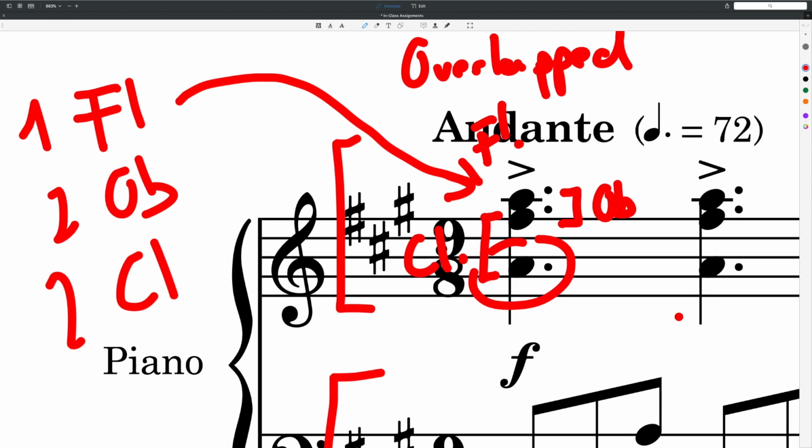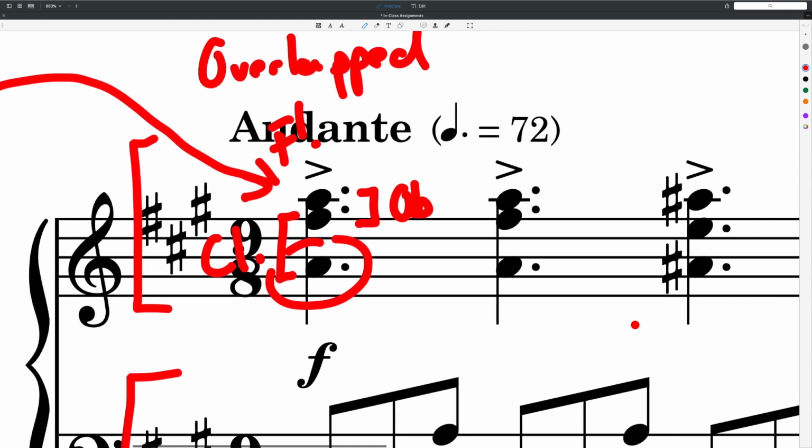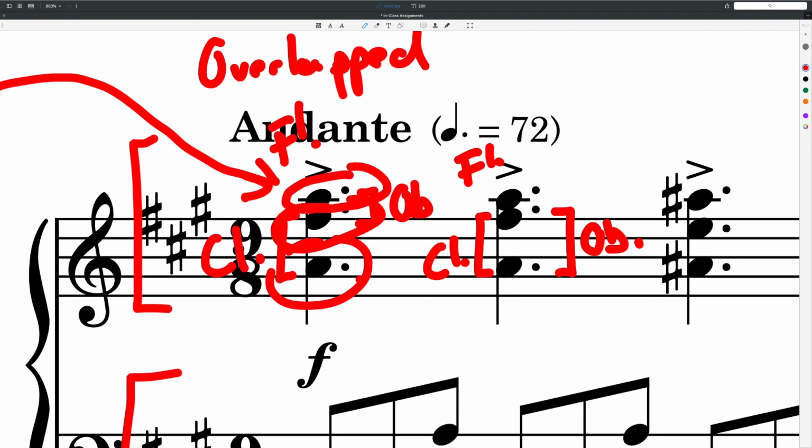This is one option. The other option would be, I'll show it in the next chord. This will be played by the flute. We can give this one for the oboe and at the same time for the clarinet. None of them is correct, none of them is incorrect. There's only a different effect in each of them. The first one will sound brighter. Brighter, why brighter? Because we have the 2 instruments here, and only 1 instrument in the middle register. This one will sound a little darker. Why darker? Because we have in the lower part more instruments now, and we have only 1 instrument in the